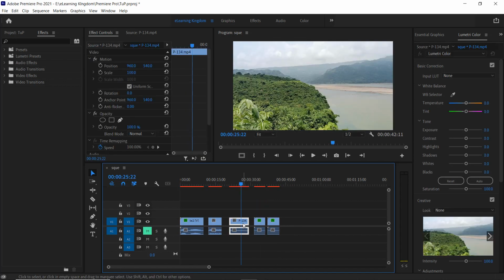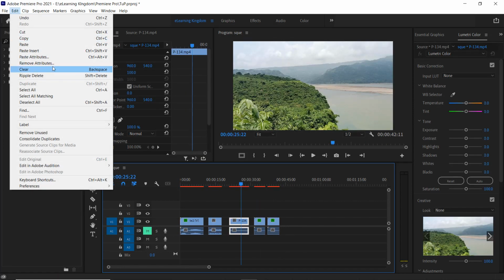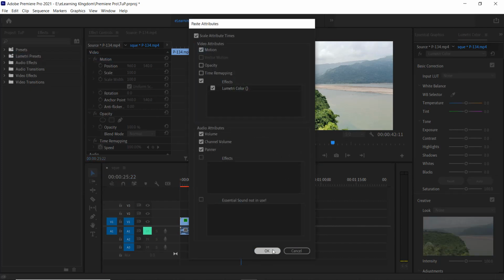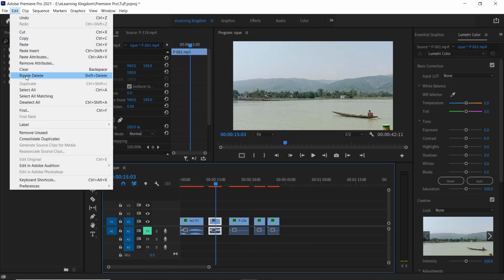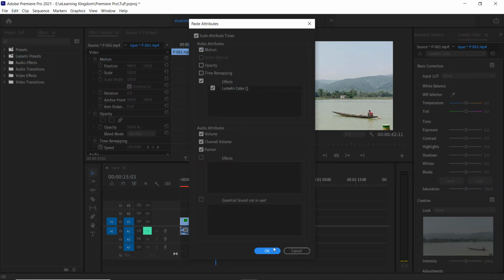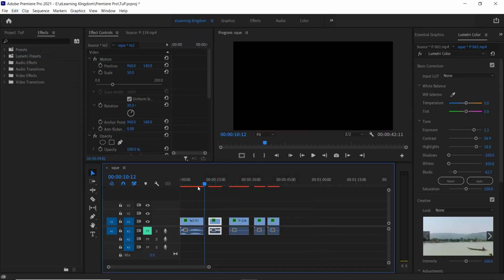see, also apply to the third clip, select the footage, go to Edit, Paste Attributes. Okay, also the second clip, Edit, Paste Attributes. Okay,